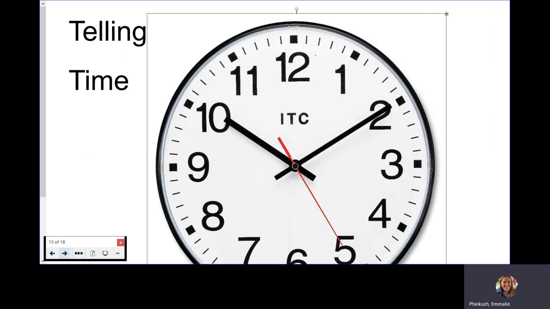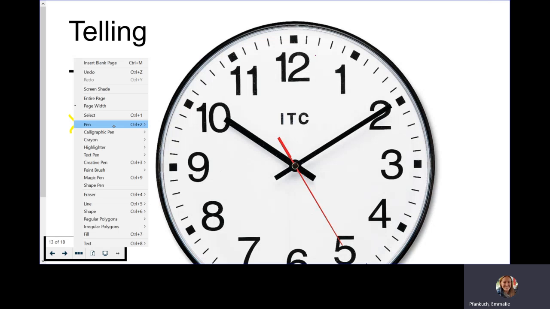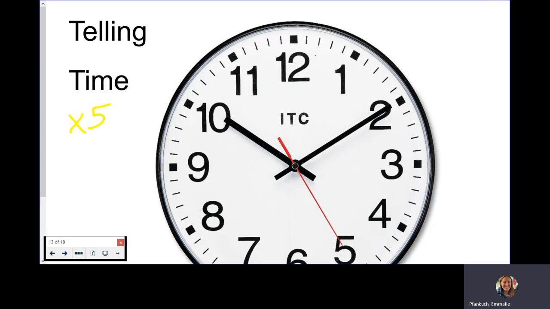You guys are doing awesome, keeping up. Keep it up. This is our last one, talking about telling time. This is also one of the trickiest. We can use times 5 to help us with telling time also. We've got this really big clock right here. On a clock, we have 2 types of lines. We have a shorter hand and